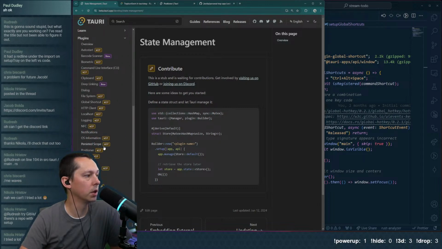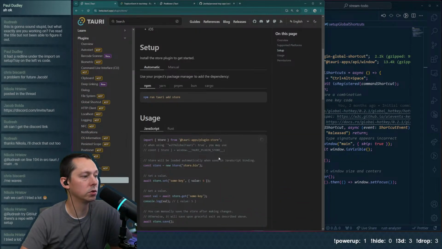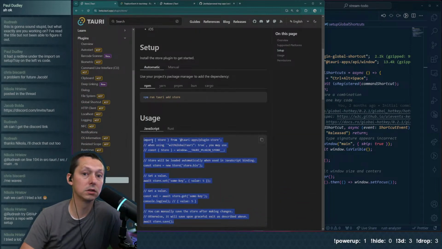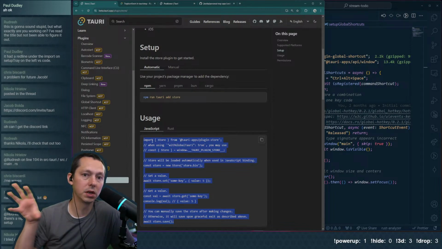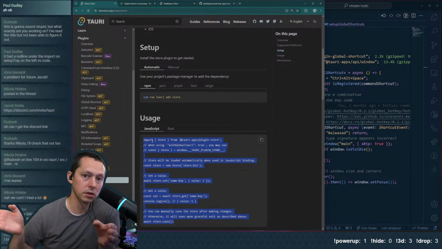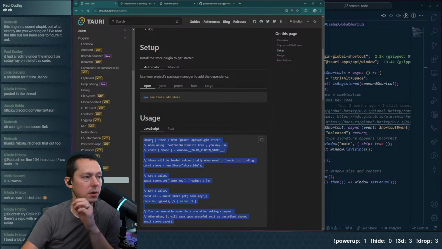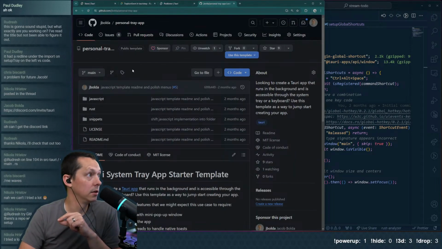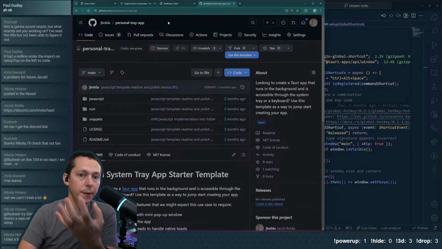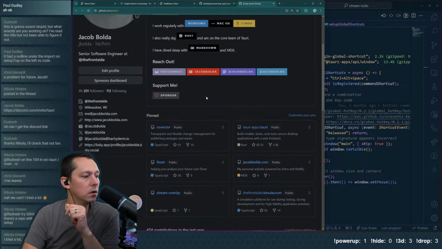If we look at the plugin list, these are guides that go through and explain the high level API. And we've done this. But the reason the template exists is because it does this for all of these plugins. So it's sort of like Create Tauri app ++ in some ways for this specific use case. All of that being said, now that we have a template, a base where we can start working off of, I also had the use case of doing a